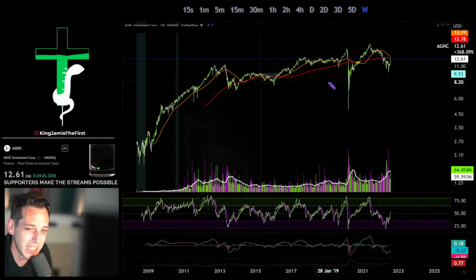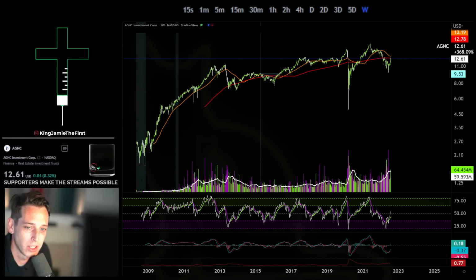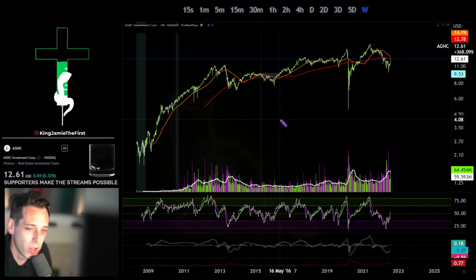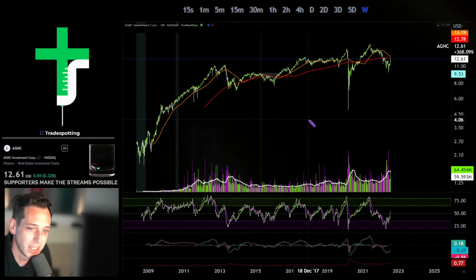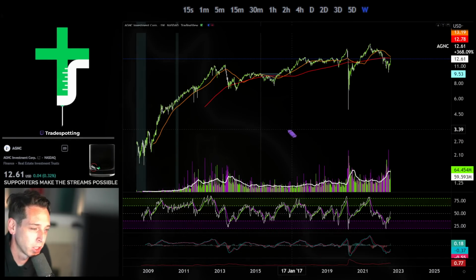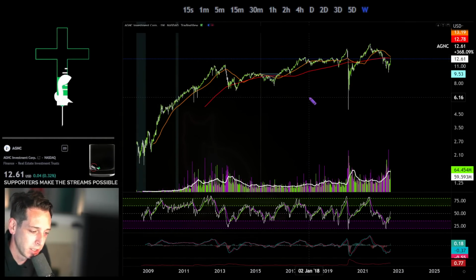So first up, we have AGNC. This is AGNC on the weekly chart. It's traded on NASDAQ. It's a mortgage real estate investment trust, and it pays a dividend of 11.85%. So of course, if you've got an investment that you expect to last for 5 years, that's going to